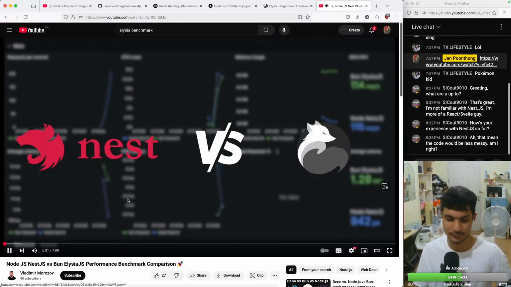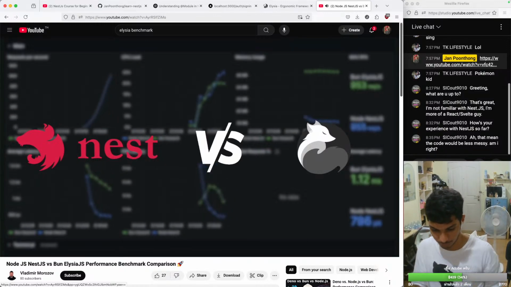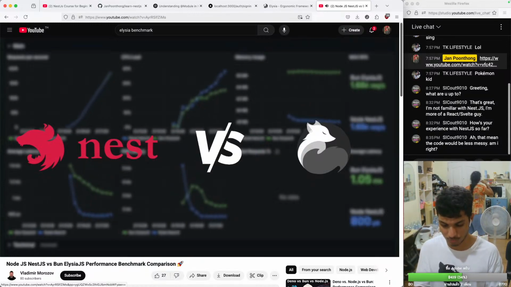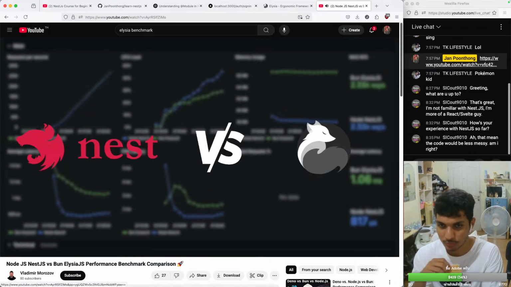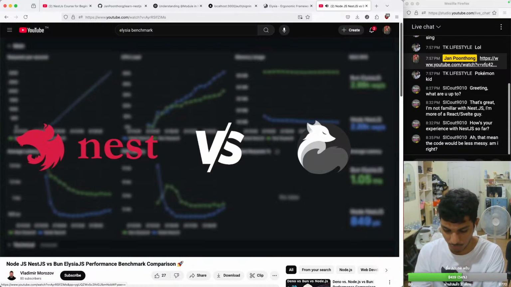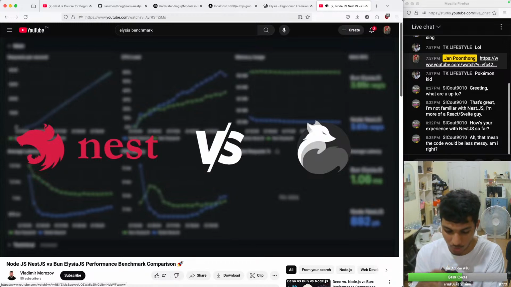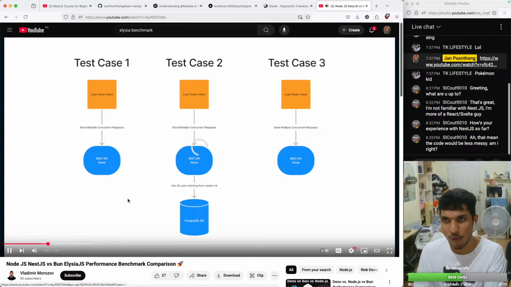Hi, today I want to share with you the benchmark result for a comparison of two popular Node.js frameworks, Nest.js and Elysia.js. I will test them in different scenarios to evaluate their performance in various use cases. For this test, I deployed both frameworks using the most common setup for Node.js applications, running on a Bun-powered server for Elysia and a standard Node.js environment for Nest.js. I performed 3 separate tests to compare these technologies across different scenarios, aiming to understand how each performs in varied use cases. The first scenario is a baseline,